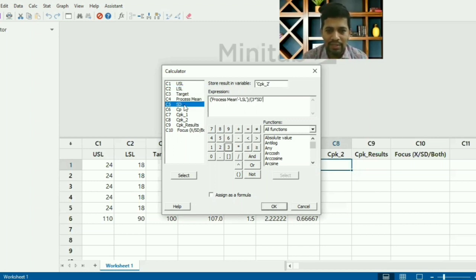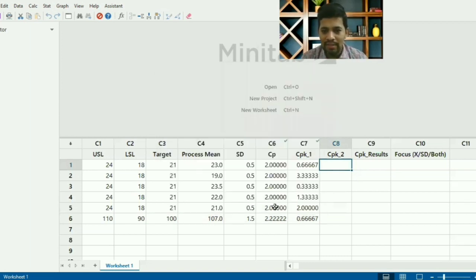Sigma is standard deviation. And I'm going to assign it as a formula. Now between these two I've got two results. One is CPK 0.66, one is 3.3. So I have to take the minimum, or lower, of these two values.